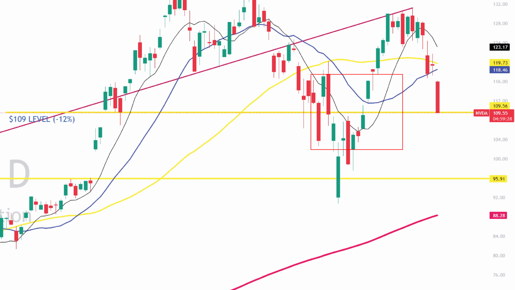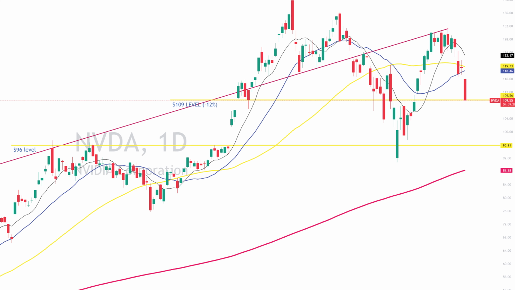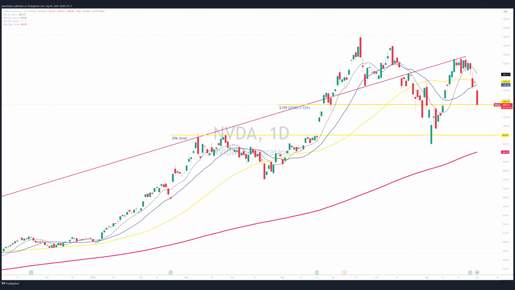You'll see where there's a V, but it is sitting right there, and we really expect it to actually go down and test the next level, which is $96. And of course, that's about 15% below the price we're at now. If you get down to $96, I would say at that point you're going to be touching the 200-day moving average, which is the red line. I would expect it to fall there too. Similar looking chart. All of these charts look the same, as in double tops.